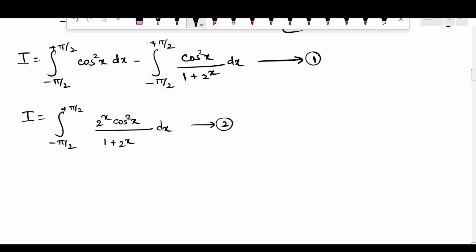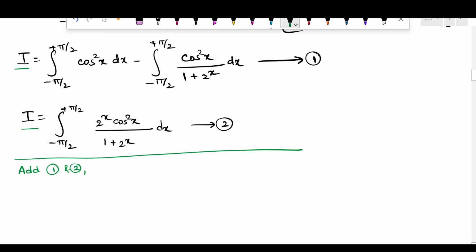This was our question. We changed it, and this we have got. Now add these two. We add equation 1 and 2. So I plus I becomes 2I is equal to